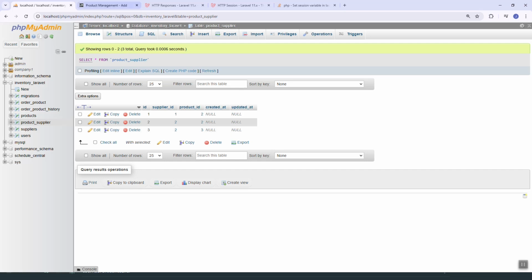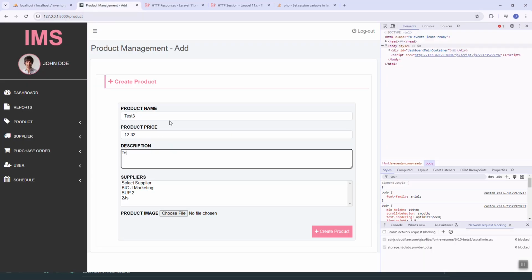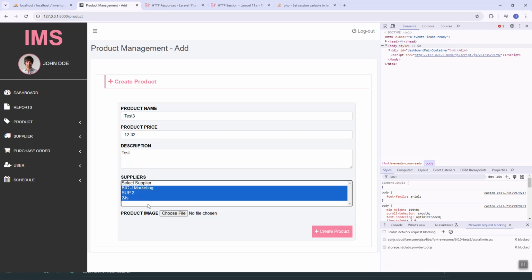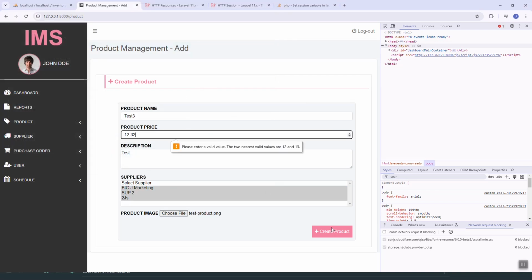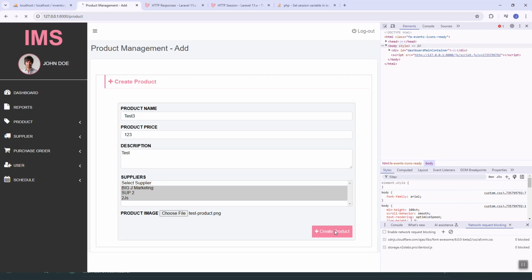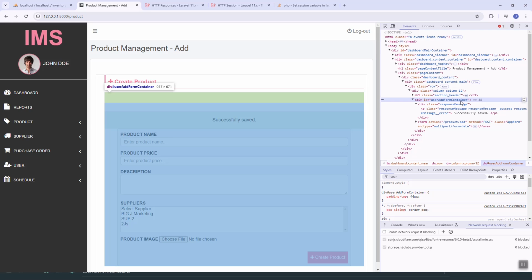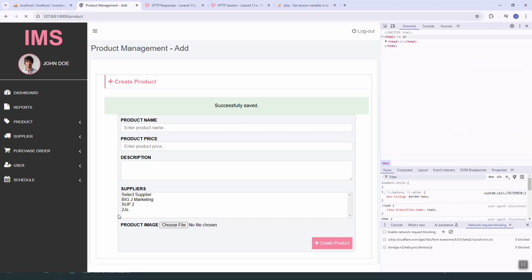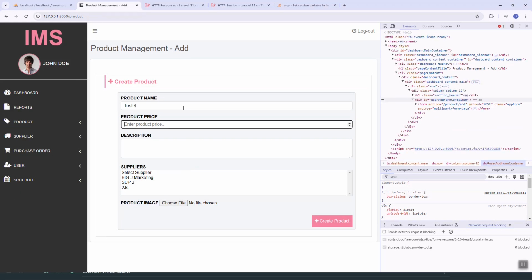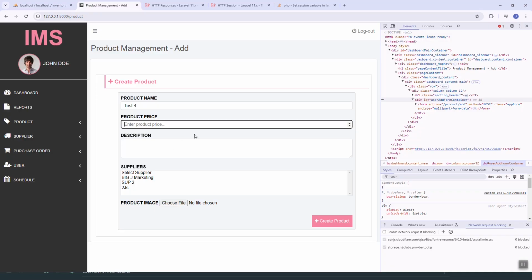So here let's try test 3, 12.32, choose file, create. So we should be able to, so this still, so let's just completely remove that one. So for the price, let's just try that one. We should be able to